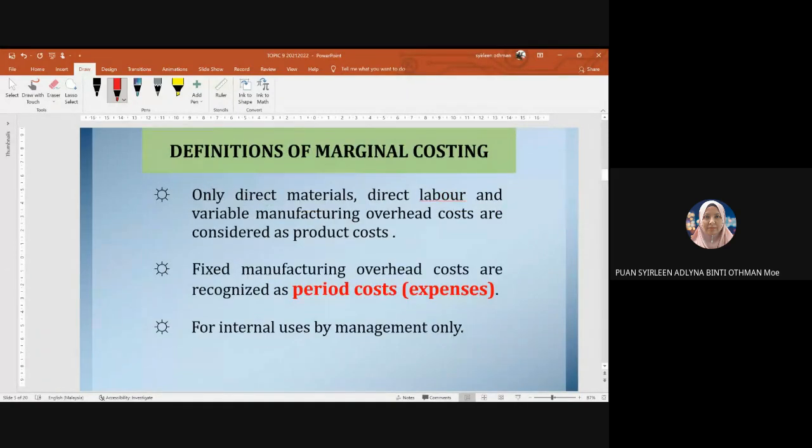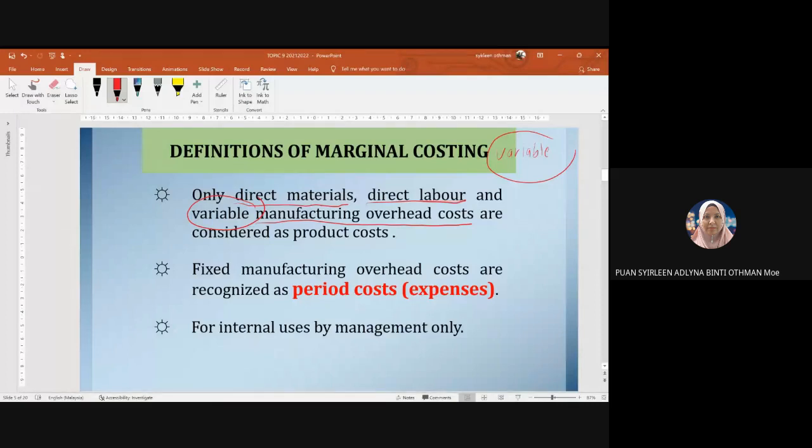costing. Okay, for marginal costing pula, okay, dia tak ambil kira semua manufacturing cost. Okay, dia cuma ambil yang variable costing sahaja. That means dia hanya ambil kira direct materials, direct labor, and untuk manufacturing overhead, dia cuma consider atau ambil kira variable cost sahaja. So that means dia tak absorb semua. Okay, so bila dia tak absorb semua, dia akan ambil kira semua item yang berubah sajalah. That means